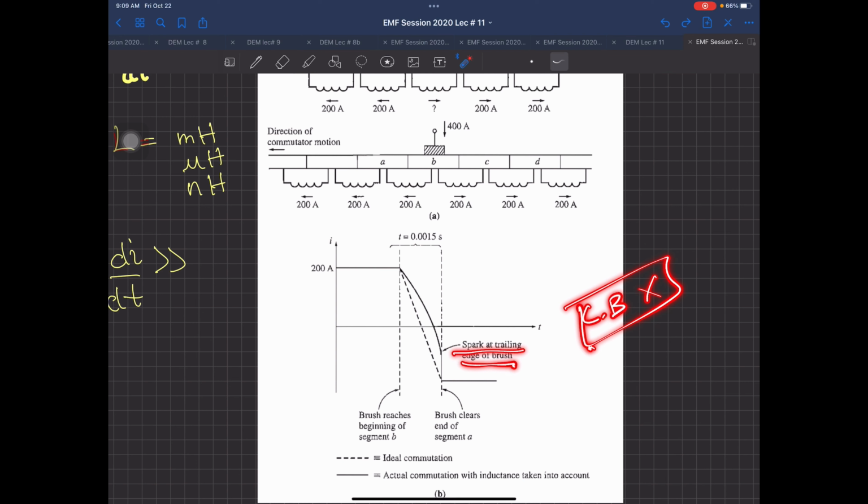AC machine के केस में there are no carbon brushes. DC machine में सबसे बड़ा प्रॉब्लम क्या था? कार्बन ब्रशेस का. उसी की वजह से आपके पास आर्मेचर एक्शन भी आ रहा. हाँ, आर्मेचर एक्शन इनमें खत्म नहीं होगा, वो भी हम डिस्कस करेंगे. I will tell you on that one also. It is still there, but it is not having that much effect like over here in DC machine.